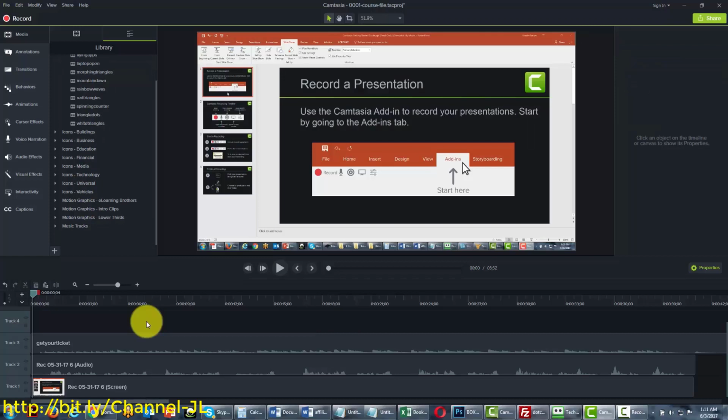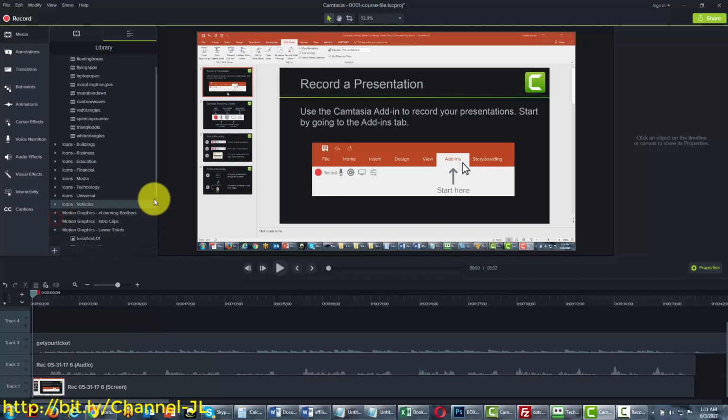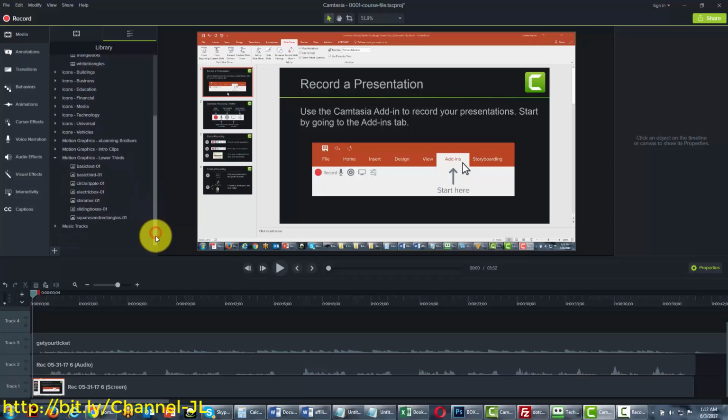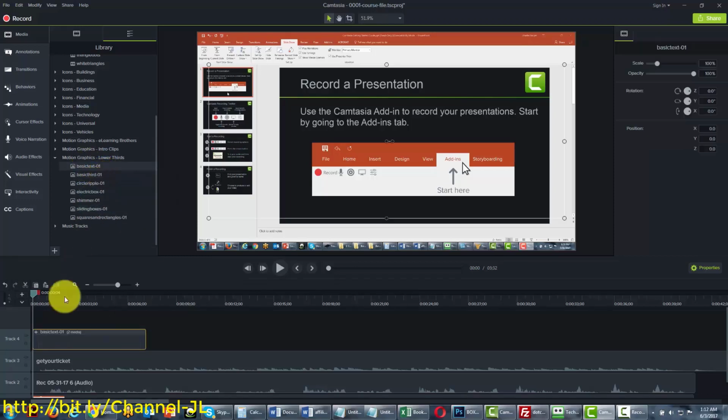Lastly, as we leave the media library, you'll notice that Camtasia has given you something called lower thirds, and this is a way of identifying yourself or identifying something that you see on the screen. In some cases, when you have a talking head video, or a video of a person talking, you can actually add in an identifier. For example, let's add in the lower third, and we're going to drag it into our timeline,